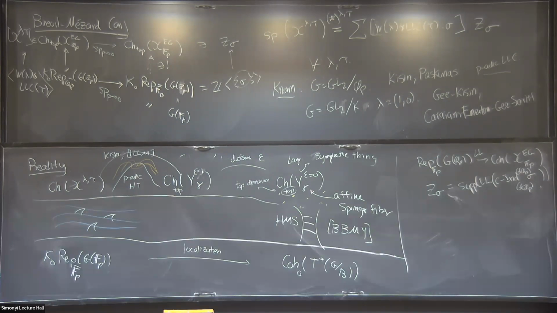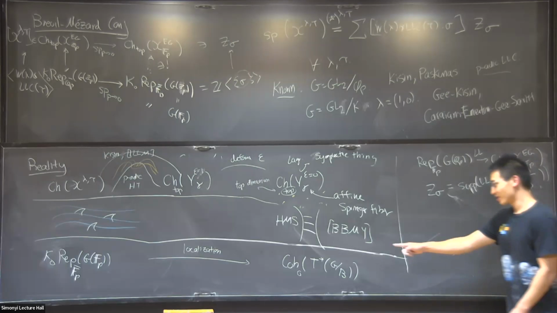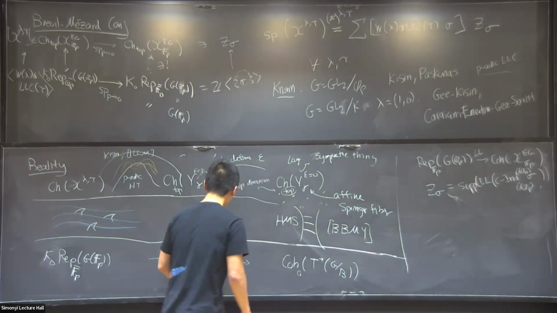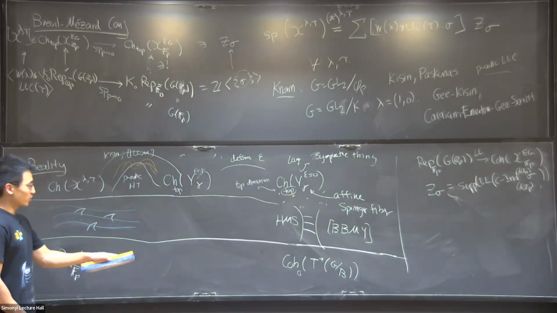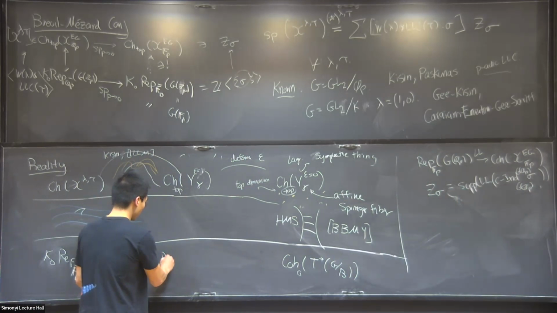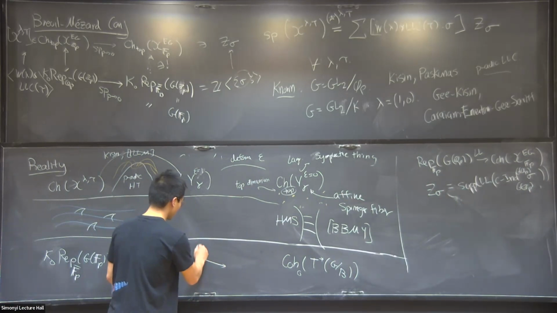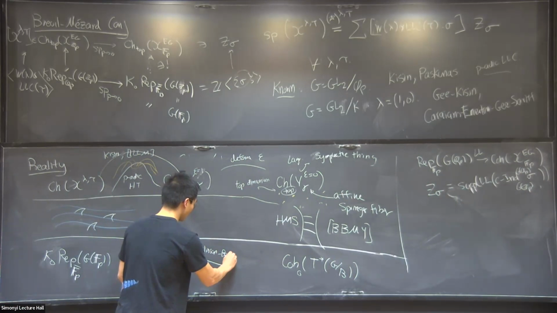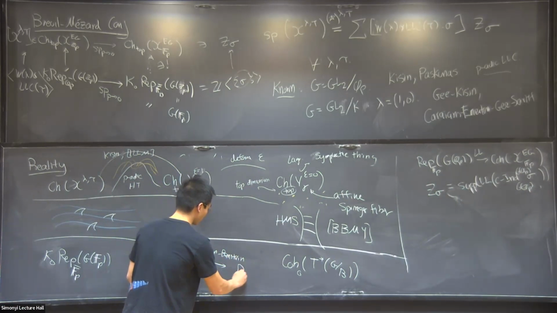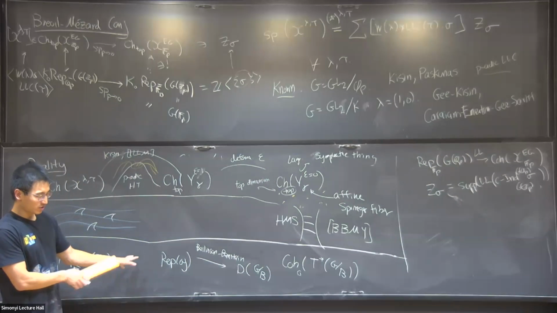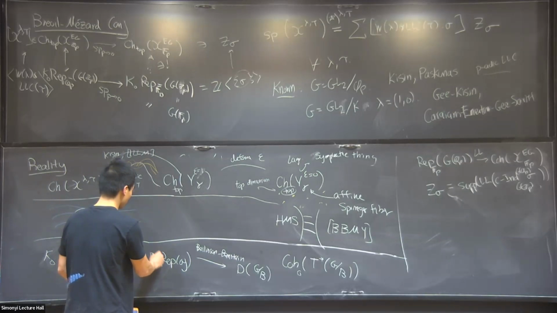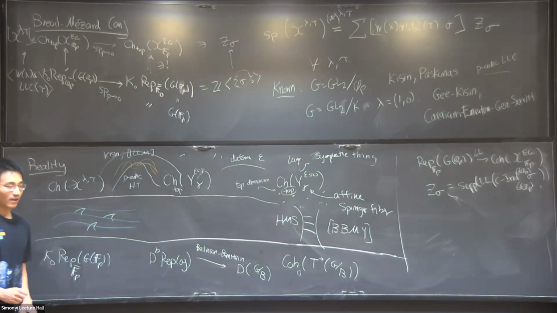Can you say something more about what you mean by localization? Yes. So when people talk about localization in this kind of context, they're usually referring to something like Beilinson-Bernstein localization. When I have representations of a Lie algebra, I can localize it to D-modules on the flag variety. I mean, there's a question of how well that works in characteristic p, but it turns out at least at the derived level, it works well.